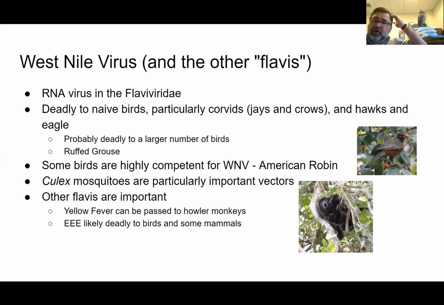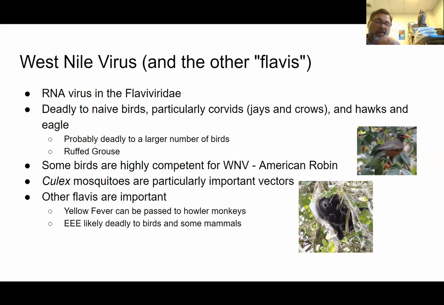And the warmer it gets, and the longer the season gets, you'll have mosquitoes out there for a longer time. So these things are not mutually exclusive. Some birds are highly competent for West Nile virus, one being the American robin, shown here with a fruit in its mouth. An American robin has been called a super spreader of West Nile, and that's because, being a highly competent host, if it gets